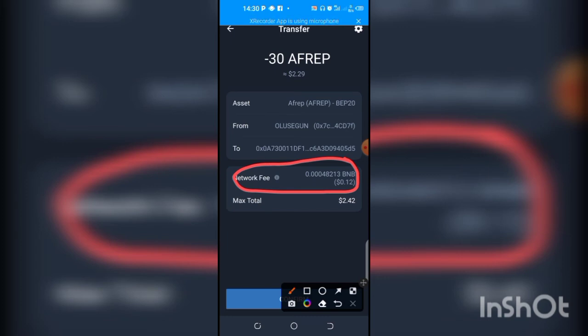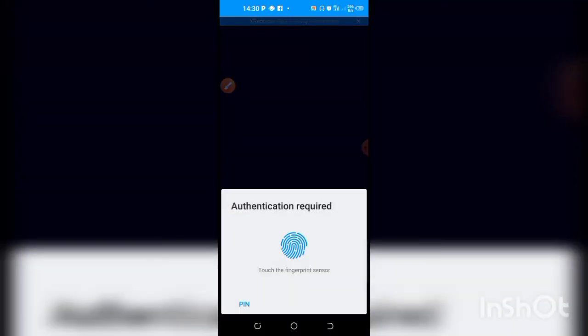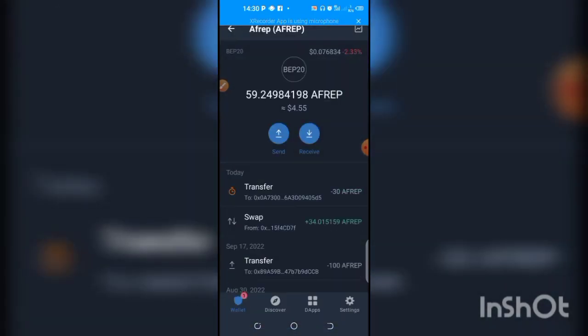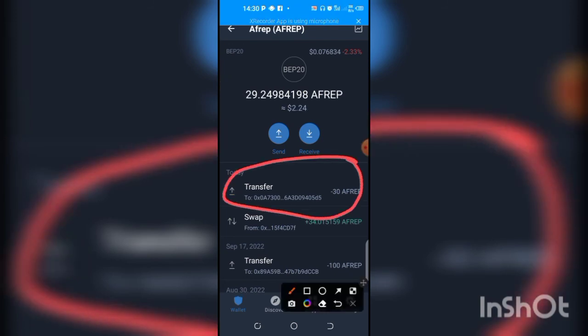So once you do that, you tap here and now tap on confirm, to confirm your transfer. Then put your login password. Like mine here, I always use my fingerprint, and you can see 30 AFREP has been transferred into my utility